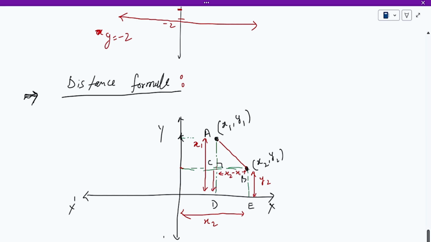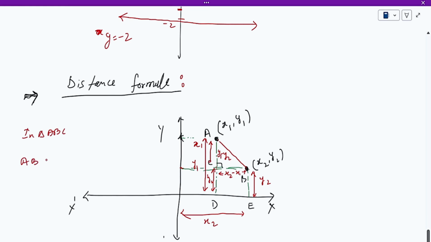So this one is Y2, right? So this much is nothing but how much then? This we can say as Y1 minus Y2. This is Y1 minus Y2. Now in this triangle ACB, AC is equal to Y1 minus Y2 and BC is equal to X2 minus X1, right? Right or not? So over here you can say that in right angle triangle ABC,